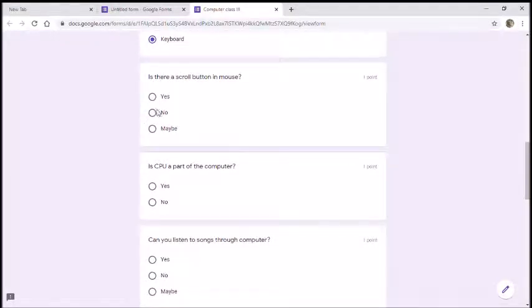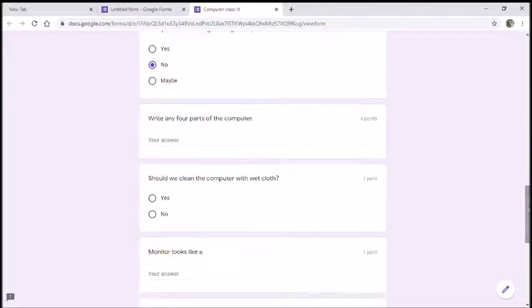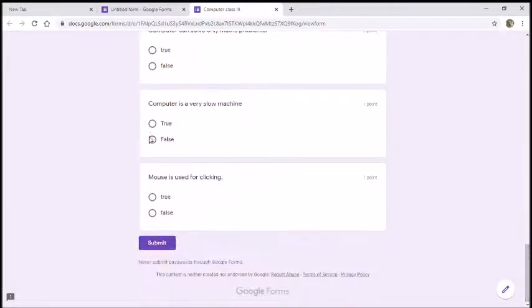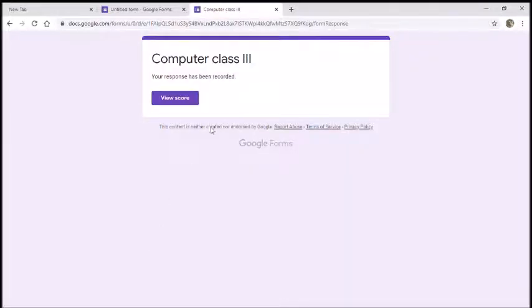Is there a scroll button and mouse? Okay, let's click yes, no randomly, so that we will be able to check the answers. Any four, I write mouse, and keyboard I'm writing just two, and then should we do yes and false, true, and submit. Now here it has been submitted, like it has been recorded, and here the student will be able to view